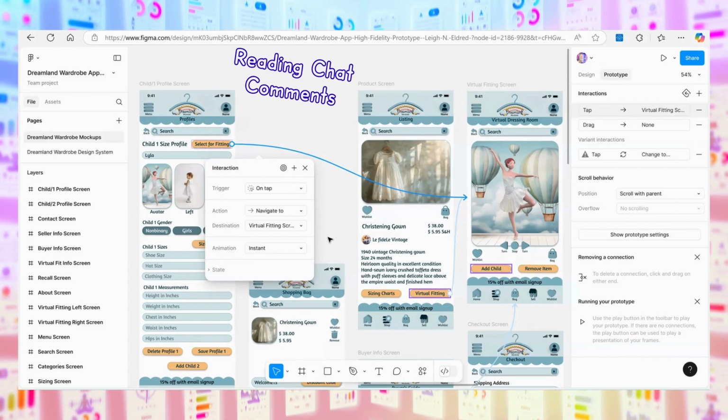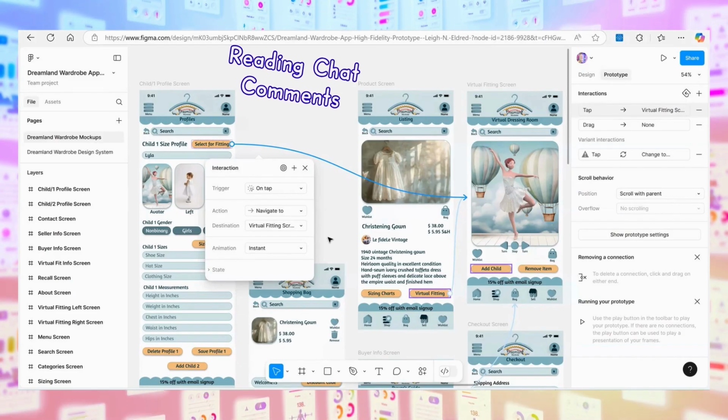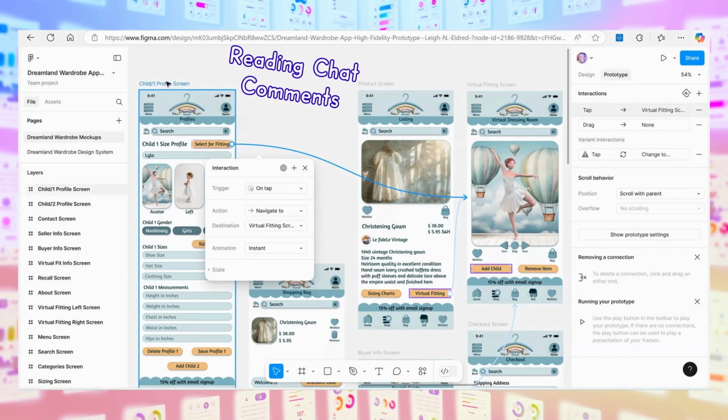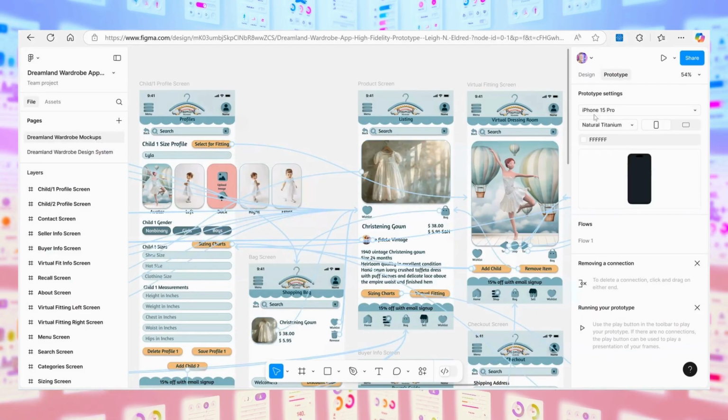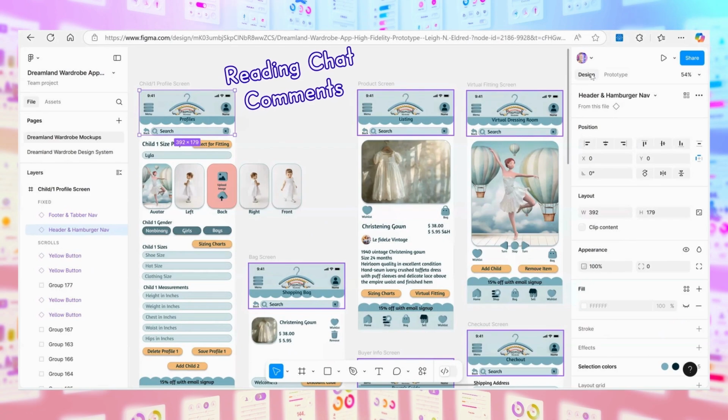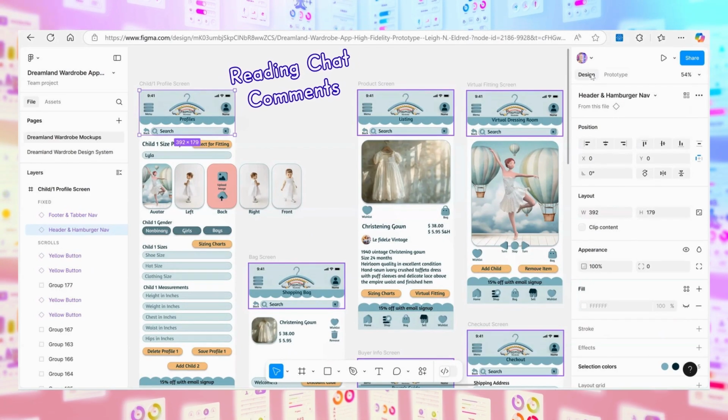For the scrolling to work, should the rectangular boxes be outside the phone frame? That is a phone screen right there. That's one screen, your profile screen. The phone frame comes up automatically when you choose prototype settings. I'll go to the right here. I chose iPhone 15 Pro. So that's the size of each screen, this rectangular box here. And I just filled everything with these elements, like the baby photos, those rectangular boxes.